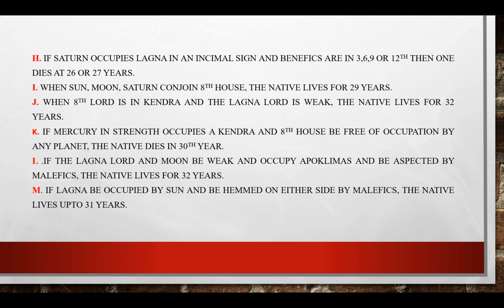When Sun, Moon and Saturn conjoin in the 8th house, the native lives for 29 years. And when the 8th lord is in a Kendra, one of the pillars of the horoscope, and the Lagna lord is weak, the native lives for 32 years. If Mercury in strength occupies a Kendra and the 8th house is free of occupation by any planet, the native dies in the 30th year. If the Lagna Lord and Moon are weak and occupy